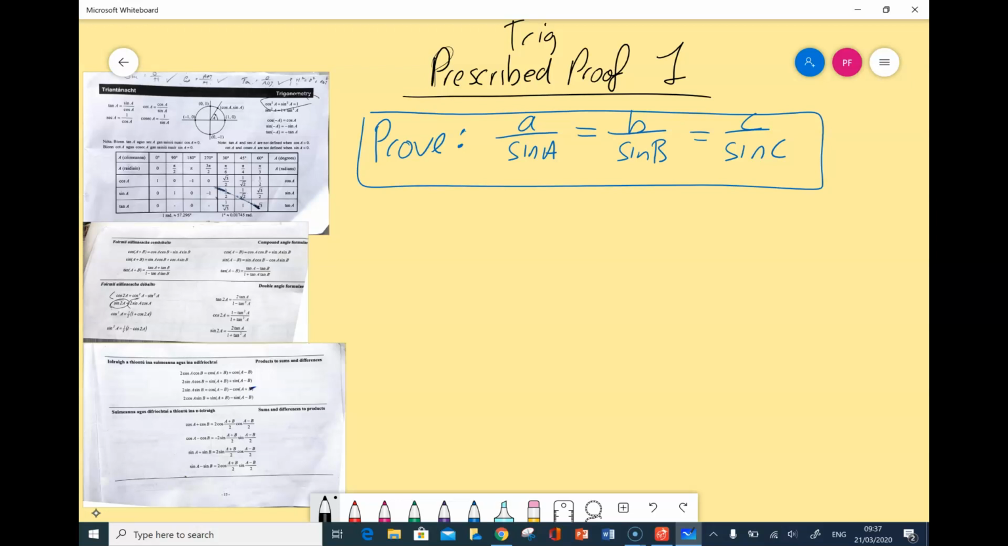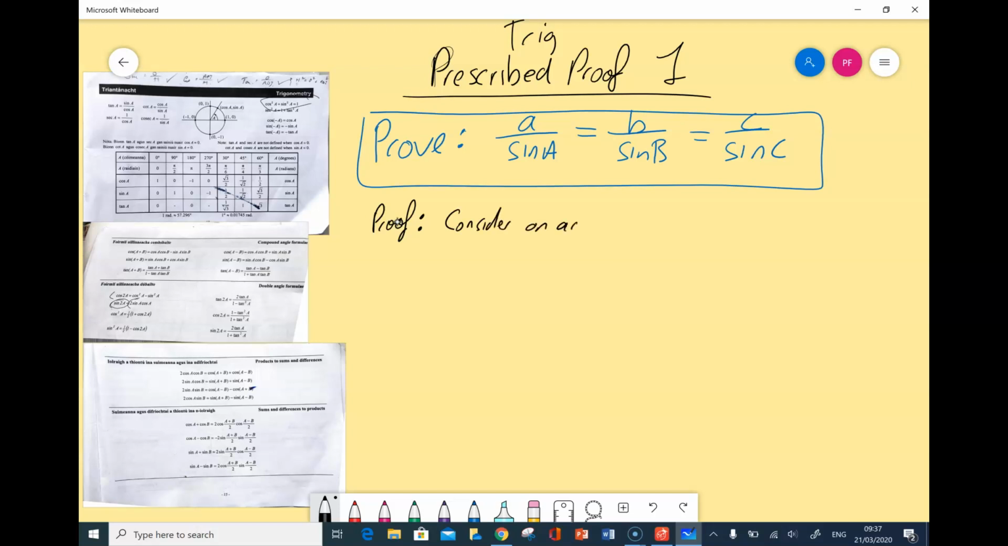Now, how do I prove this? I'm going to have to draw two diagrams. One where all the angles are acute and one where one of the angles is obtuse. So the proof, this is everything now. From here on you need to be able to write, and you'd write it exactly like this. So proof, consider